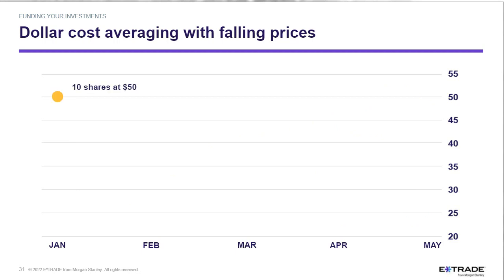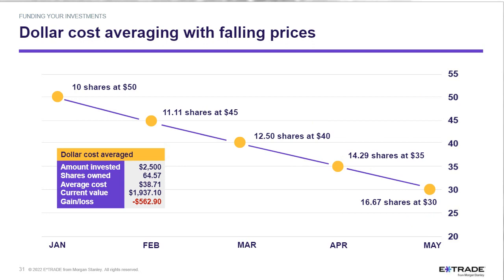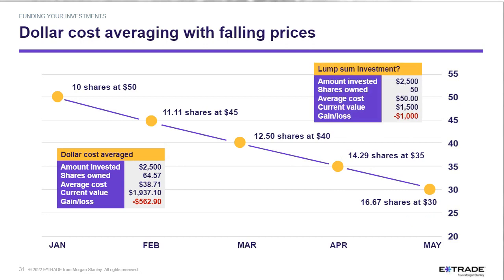And then the reverse happens in falling prices. In falling prices, what we're going to see is that the lump sum investor takes the brunt of the loss. The dollar cost averager has a loss, but because the average cost is more in the middle there, $38, the dollar cost average account takes less of a loss. So the point here is simply dollar cost averaging isn't magic. It isn't foolproof to profit.